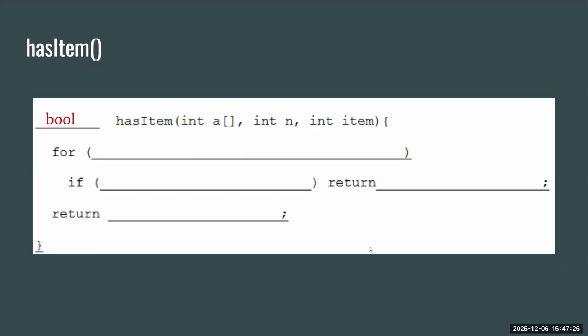Yeah, Alex is correct. You can use any variable name you want, but i is the one I chose in this case. So initialize i to 0, and we're going to go as long as i is less than n. And Hunter says, would it be i is less than or equal to n? So if n is the size of the array,